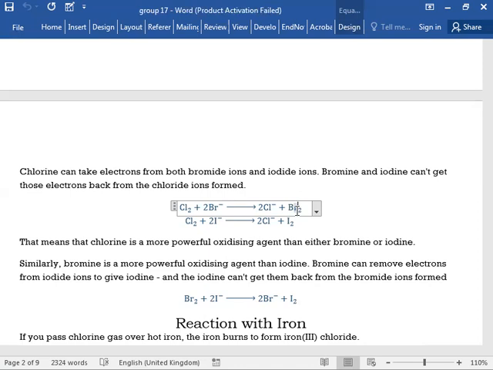सिमिलरली we do the same with ब्रोमीन। हम ब्रोमीन लाते हैं और क्लोराइड को अगर दे देते हैं, so bromine cannot take the electron from chloride. But if I react bromine with iodide, तो iodide से इलेक्ट्रॉन ले लेता है। इससे हमें स्ट्रेंथ का पता चलता है, their oxidizing strength. क्लोरीन out of the three is the strongest one. ऐसे देखा जाए तो फ्लोरीन is the strongest ऑक्सीडाइजिंग एजेंट, then क्लोरीन, then ब्रोमीन, then आयोडीन and then एस्टेटीन।